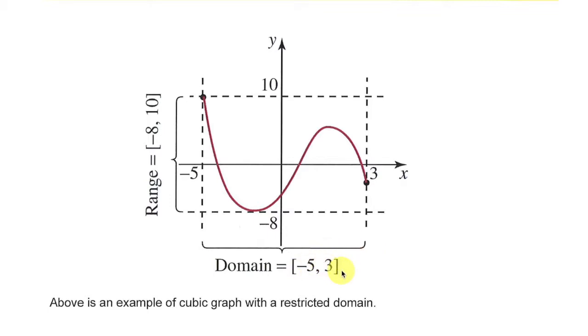The range are the y values. So the lowest y value I have is -8, and the highest y value I have is +10. So my range is from -8 to 10. So keep referring to this, and that will hopefully make sense to you as far as domain and range is